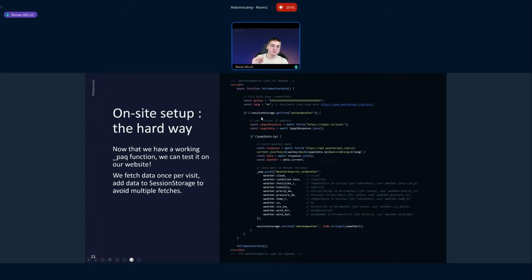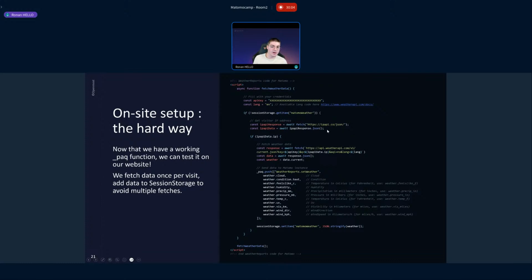That local storage allows us to directly know that the user has already fetched weather information. So if the session storage is filled with weather data, we do not make a new fetch to the weather API. We already have the data. It prevents bad performance, so that's a great thing.